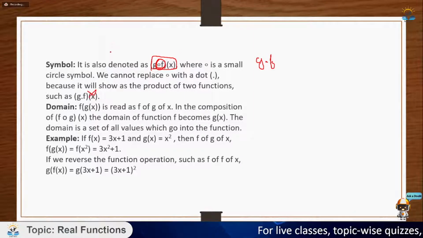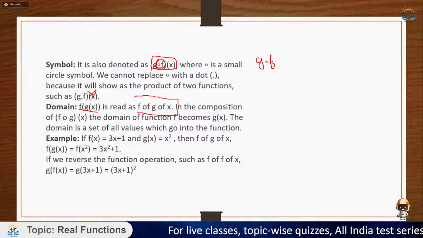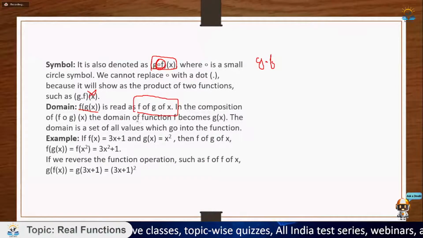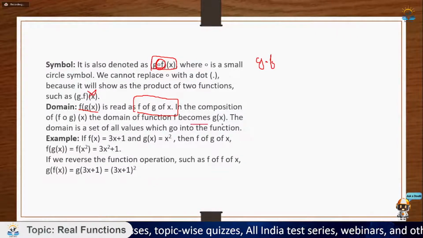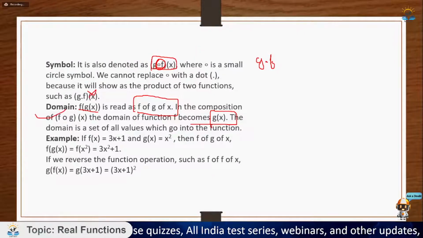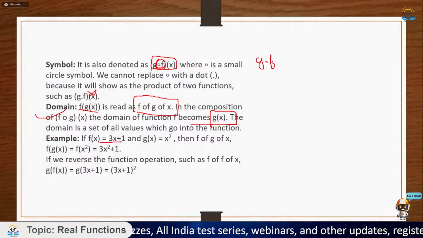Then coming on to domain part. डोमेन पार्ट मैंने आपको बताया है, डोमेन एफ ऑफ जी एक्स इज रीड एज एफ ऑफ जी ऑफ एक्स, क्योंकि जो अंदर वाला फंक्शन है उसका हमें डोमेन देना है। इन द कंपोजिट फंक्शन द डोमेन ऑफ फंक्शन एफ बिकम्स जी एक्स। मतलब जी एक्स की जो डोमेन होगी वो मेरे फाइनल फंक्शन की डोमेन होगी।